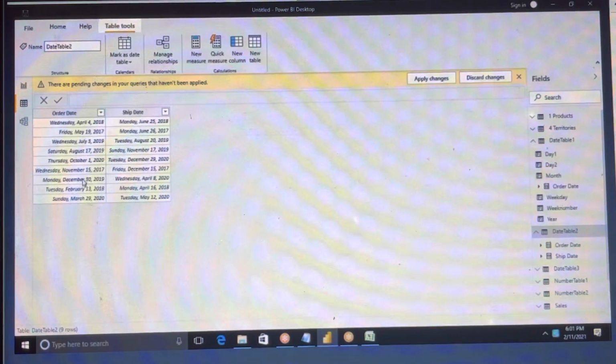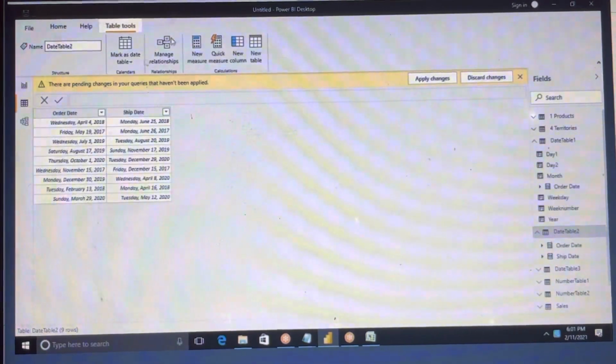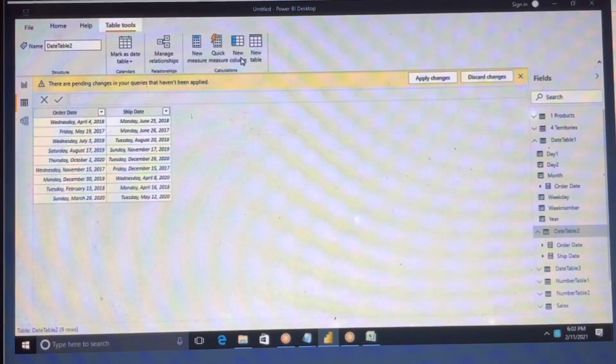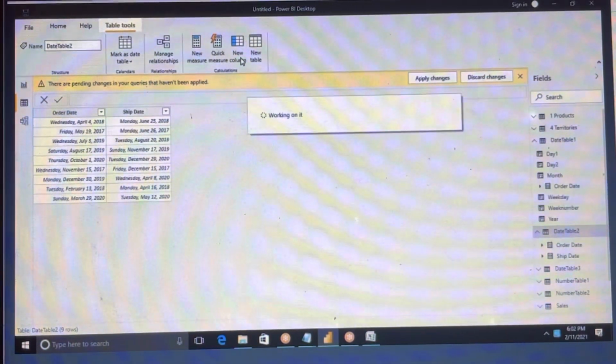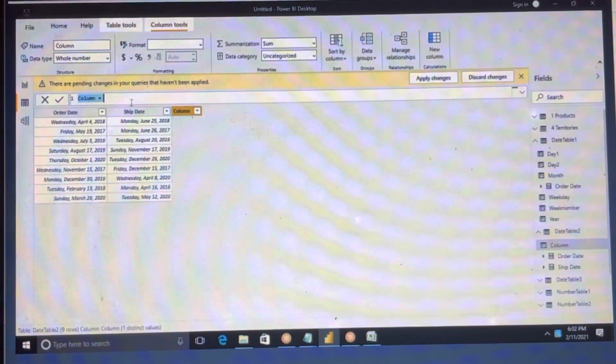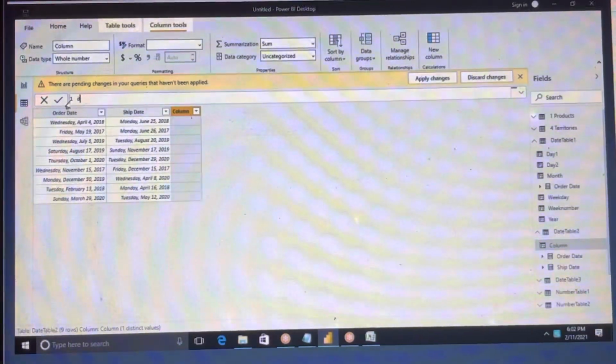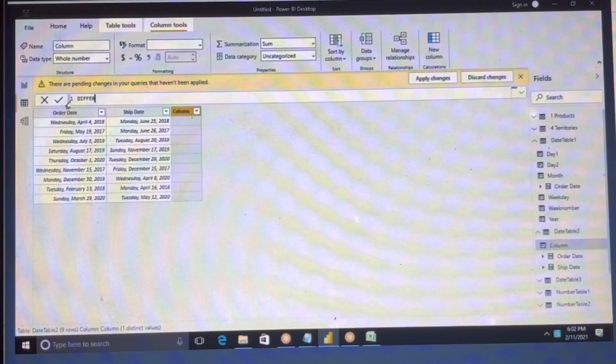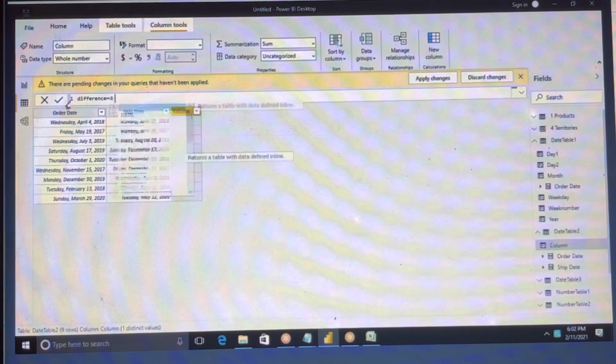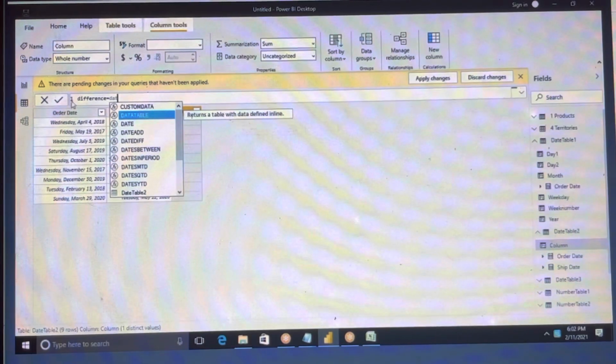For example, I have two dates, order date and ship date, right? I wanted to get the date difference. How will you do that? Okay. So now click on new column. I am giving the column name as difference. Okay, so we have the function date difference.